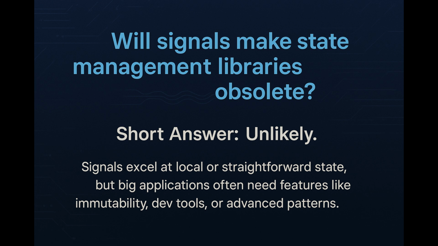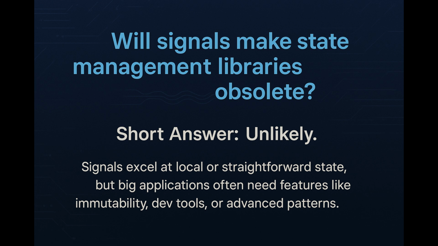They provide things like explicit actions, immutable state updates, dedicated developer tooling. All of that is really important for managing complex applications and making sure that they're predictable and debuggable. And signals don't really provide any of that out of the box. So I think state management libraries are here to stay, but I do think that signals might influence how they work. For example, we're starting to see some exploration of exposing store state as signals. So you could potentially have an NGRX store where the state is exposed as a signal,